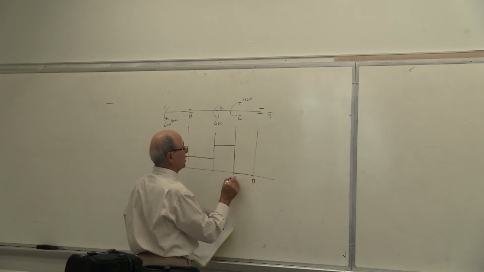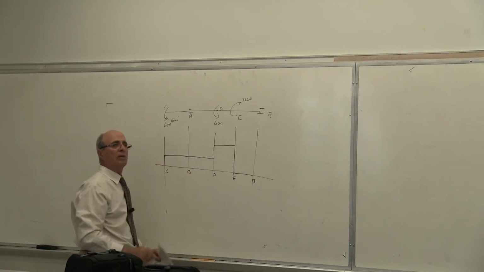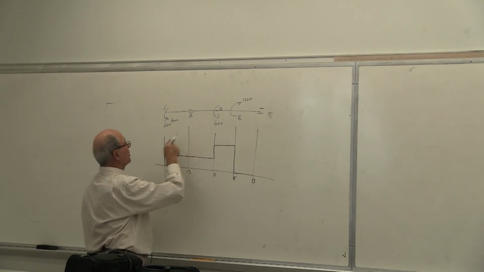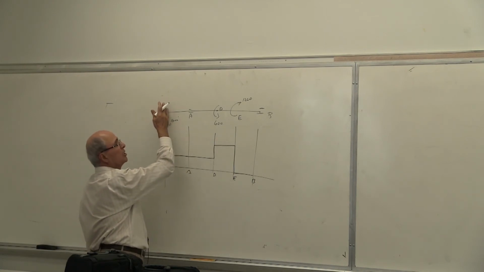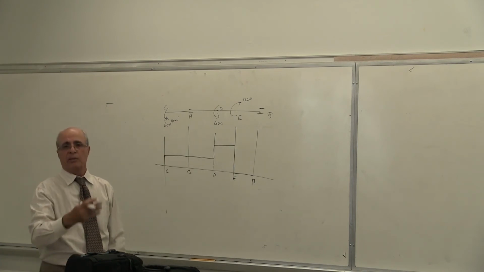So here is point B again. This is point E. This is very simple. You should have no problem with this one. Is that correct or not? You add this to that. This started at 600, and you cut it here, it is 600. You cut it here, it is 1200. Yes or no? Then you reduce it.